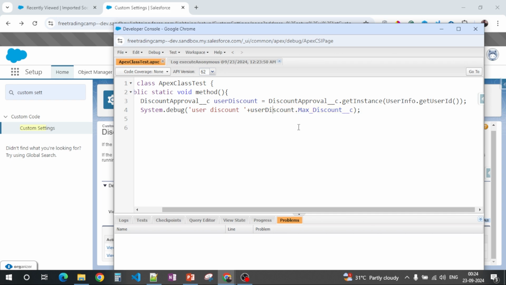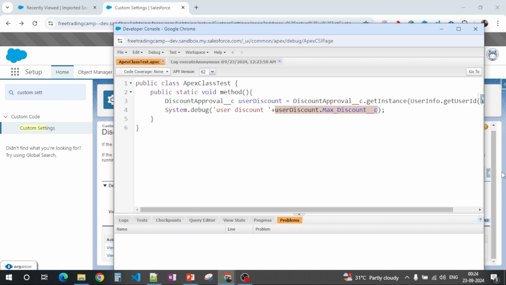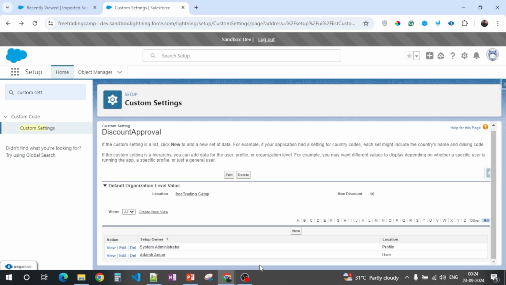So this is what the hierarchy custom setting is used for. In case of list custom settings, you don't have this kind of advantage because it is same for every user and profile. But on the hierarchy custom setting, this is different. And now you can use this value to do some complex logic inside the code, however you want to do it, right?